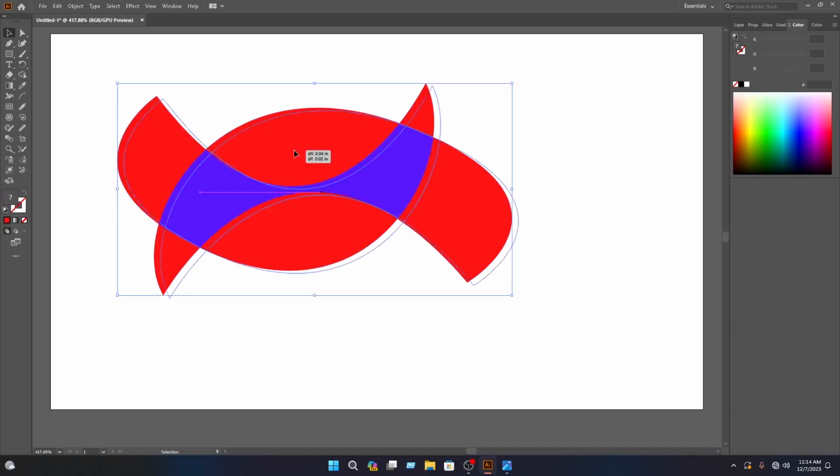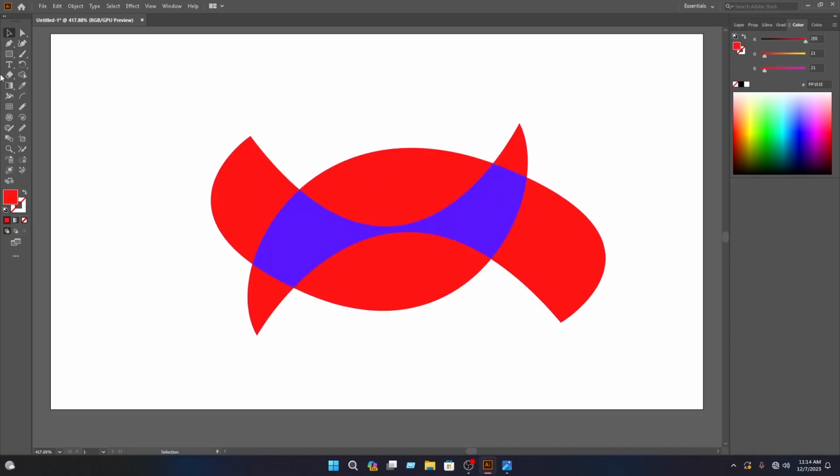then select these layers again, then drag these layers in here, then you have to select the pen tool, then you have to click on here, then click on here and draw a curve, then press and hold alt key, then click on the anchor point, then click on here, then you have to click on here and draw a curve again,